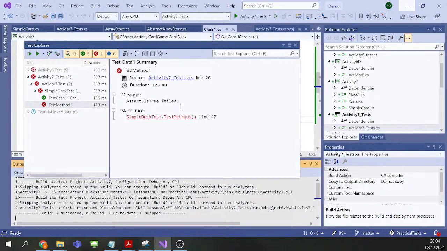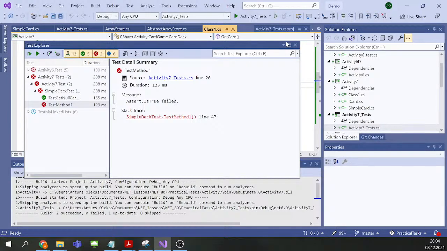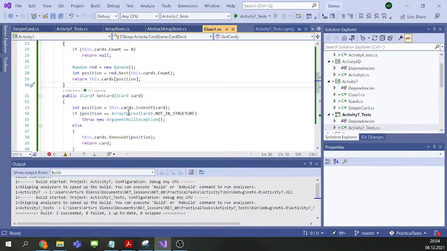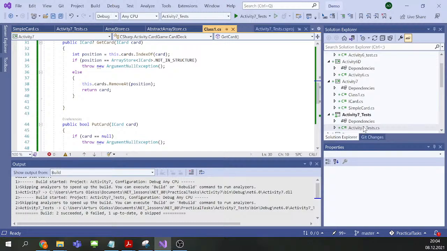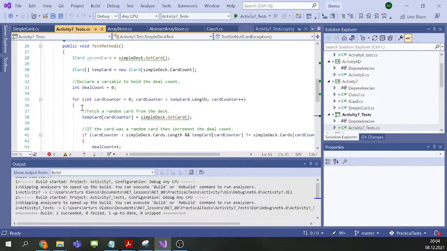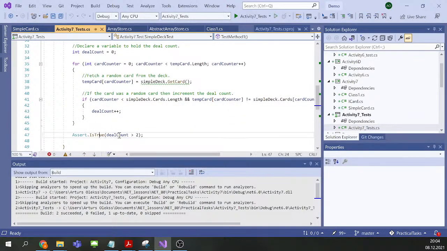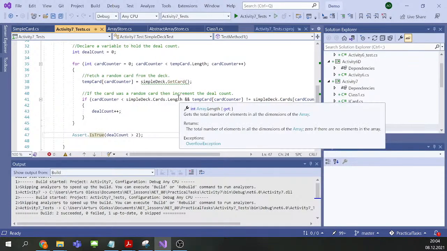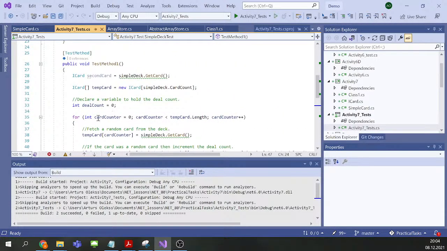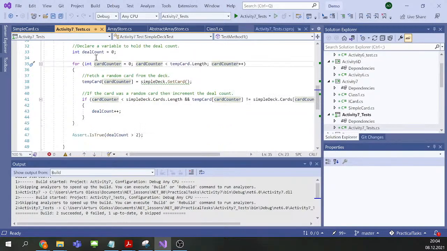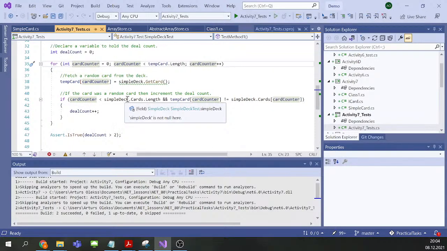Okay, so we have a test fail at line 47. So let's see what the issue is at line 47. Okay, we have this deal count, and it should be greater than 2. Okay, so we can test this particular case. So what this actually means is that it goes through